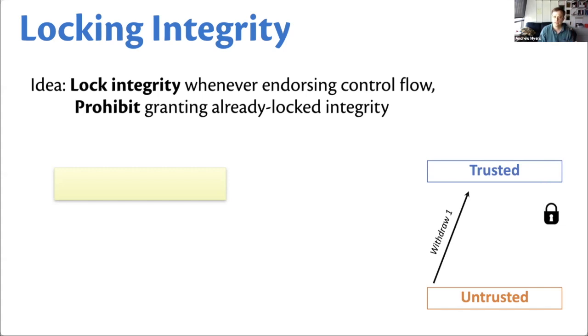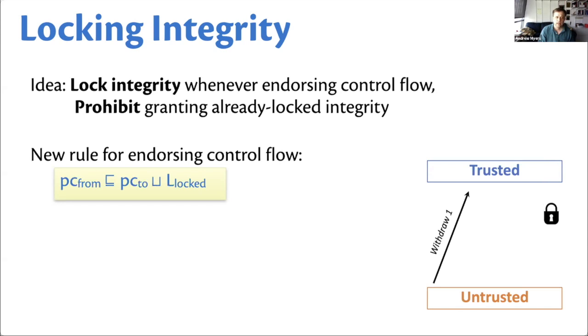It was endorsing us up to the trusted level. And at that point, we lock that level of integrity. And then that's going to prevent us from doing another call. So when we want to do an endorse, we have to satisfy an equation, which I guess I won't explain